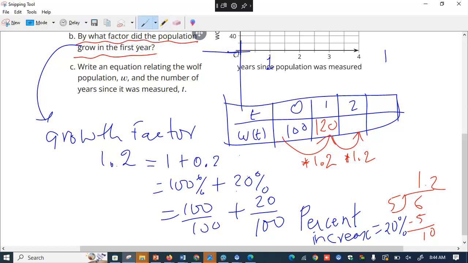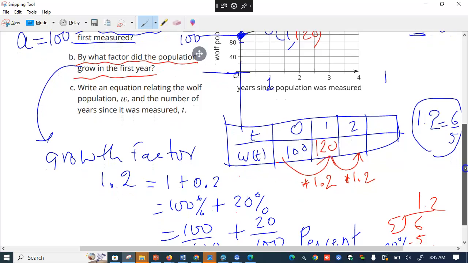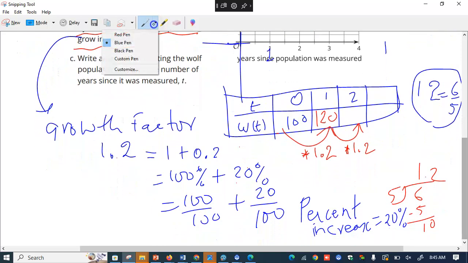So one is 1.2, which you can write as 1.2 or you can also write it as 6/5. So both are correct. The growth factor is 1.2 or 6/5. So that takes care of question B. Okay. Now, the last question is